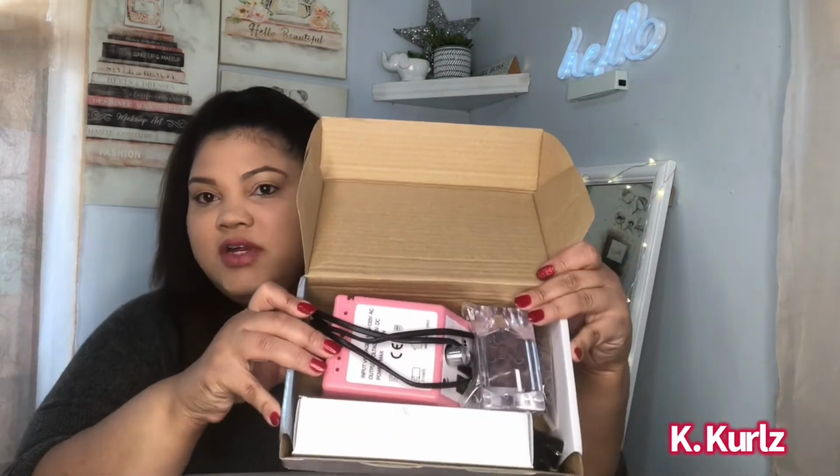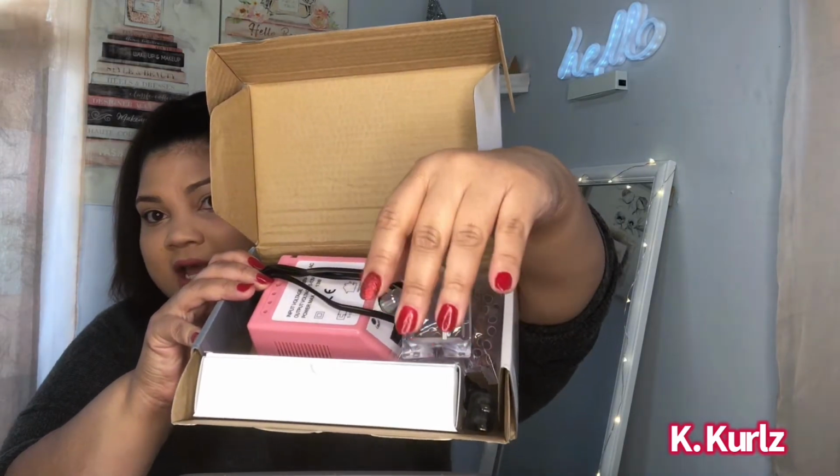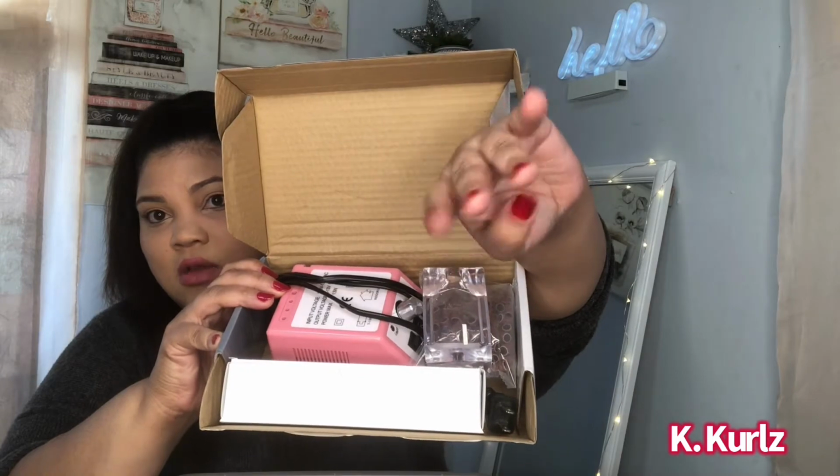So let's get into this review. So I am going to unbox this for you guys so you can see all of the pieces in here. I have already used this clearly because my nails are already done, and I shaped and filed and did everything with all of my nails with this drill. Okay,